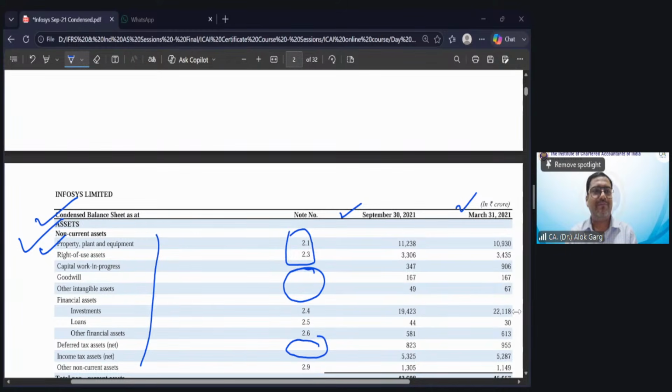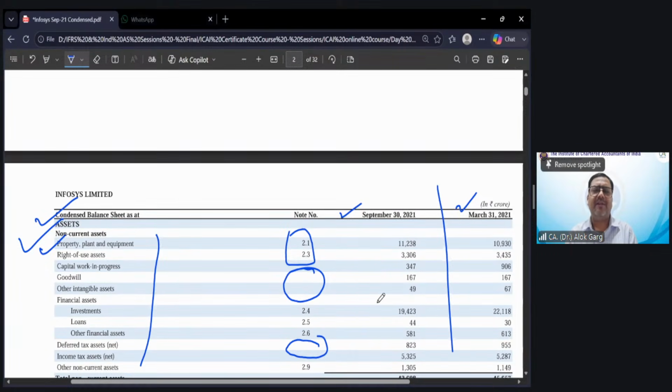So this is what practical it is there, right? So my dear friends, I have shown you the balance sheet, and I have also shown you that this balance sheet is as of September 30, 2021. Yes, for income tax reporting purposes, rounding off is not allowed. Rounding off is allowed as per Companies Act only. Okay. For income tax, in your income tax return, you have to give the full number.